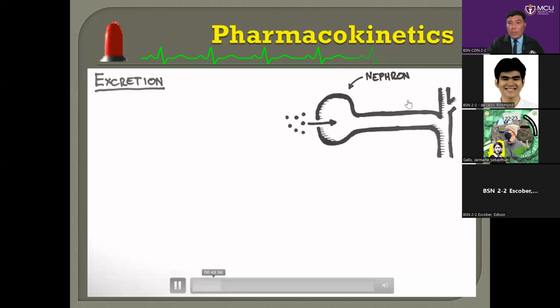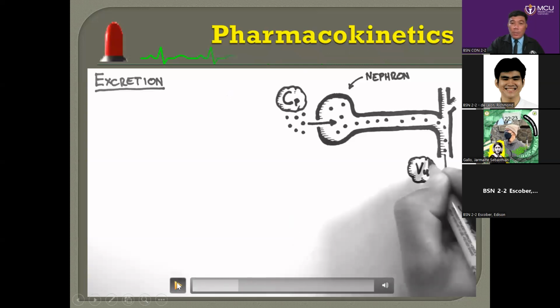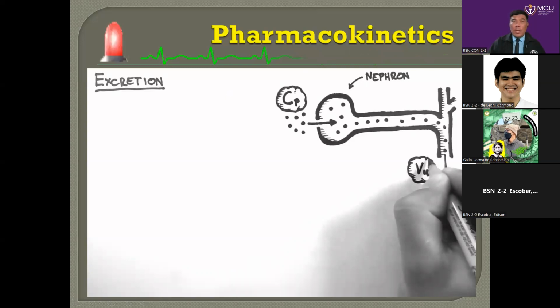So referring to the excretion, we have the nephron here. The nephron is the basic unit of the kidney that is responsible for the function. So ano yung function ng kidney? So yung function ng kidney, meron tayong nephron, kasi ang nephron ang nagta-transmit ng impulses of when is the time that the kidney will release the urine towards the urinary system. So magpa-facilitate ng removal of fluid, excess fluid of the body, which also combined doon yung na-metabolize na drug.